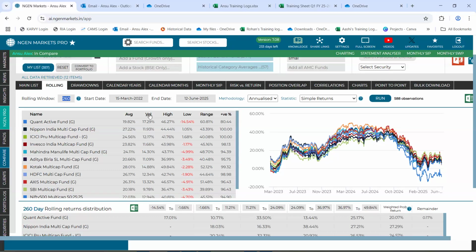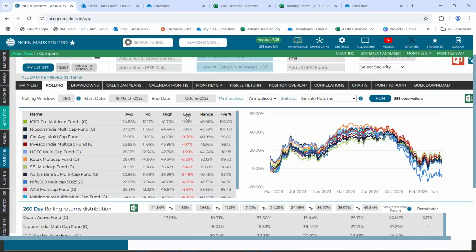Next to that, you could view this VOL column, which is an abbreviation for volatility on the platform. So this section, this vol, lets us see how volatile these rolling returns are. Followed by that, you could view the high and the low column, which is suggesting what is the highest rolling return generated by the scheme, as well as the lowest rolling return that is generated by the scheme.